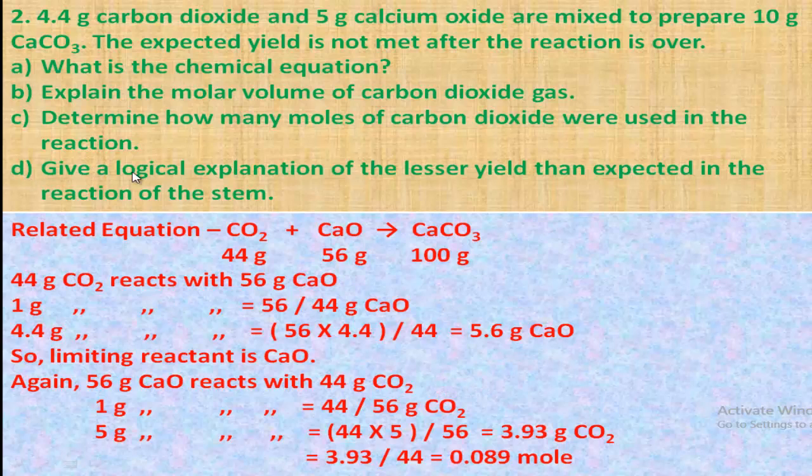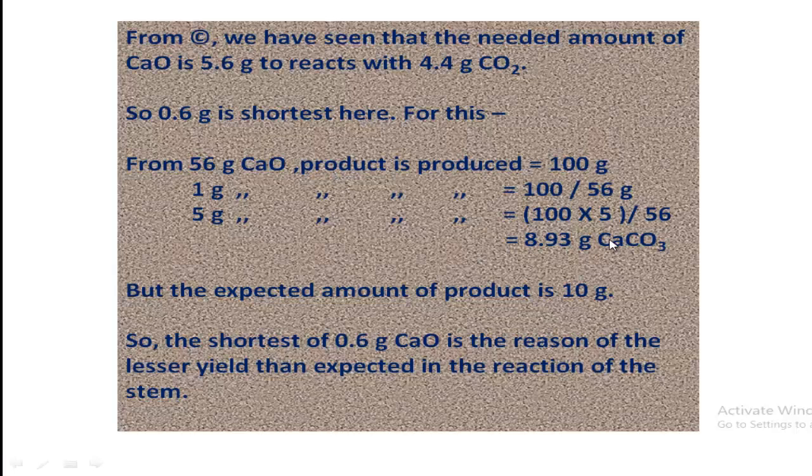And D number question: give a logical explanation of the lesser yield than expected in the reaction. Actually here you have to determine the percentage of yield, because here you have to determine also from the limiting reactant. You have to determine the amount of product, and in that time you can see it will be less than 10 gram, because they mixed these two chemical substances to prepare 10 gram. That means the expected amount is 10 gram, but from the limiting reactant we will get 8.93 gram calcium